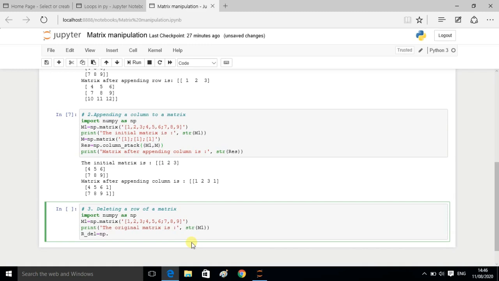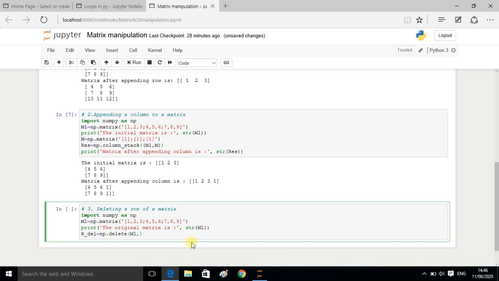To delete a row or column we are going to use the delete statement in numpy. I'm going to give the condition for which one I am going to delete. So from my variable m1 I'm going to delete, so first m1, comma,